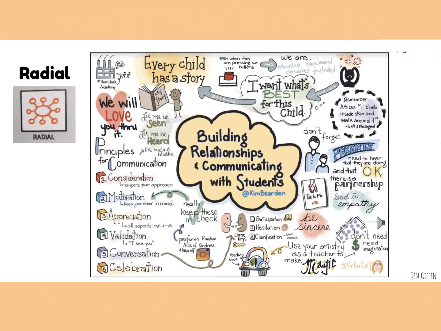Radial is something I tend to use because when I learn, my brain is sort of all over the place. So I like to put a title in the middle and I set that up ahead of time. And then I work sort of like a clock around my middle bubble, if you will. So in this case, I started in the top left-hand corner and then went around in a clockwise fashion. When I sort of got along to the right-hand side, I got some more ideas, so I didn't actually put them in any kind of pattern. It's sort of like an idea in the middle and then all the ideas that I got in sequential order